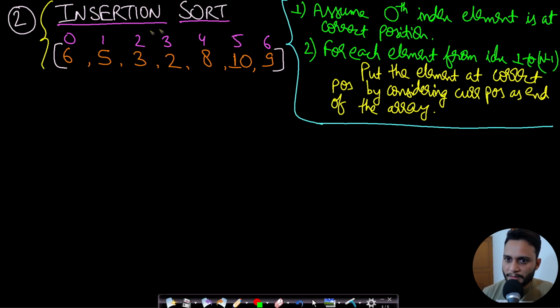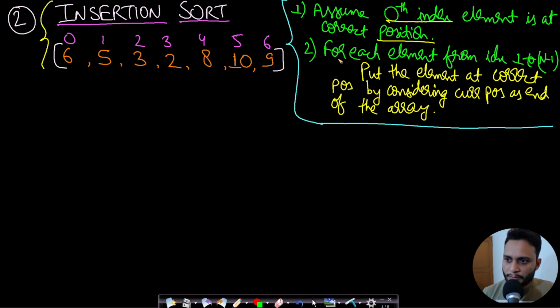Now in this case, what are the steps of doing insertion sort, and why are we even doing insertion sort? We will look at the end of this technique. So let us first see how to solve it by using insertion sort. Now what we will do is, we will assume that the 0th index element is at the correct position. Because if there is only one element in the array, then obviously it will be at its correct position. So if there are more than one element in the array, then only we need to apply this insertion sort. That is the logic, right?